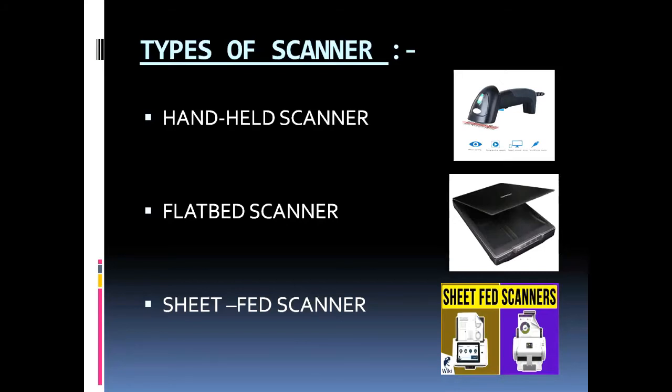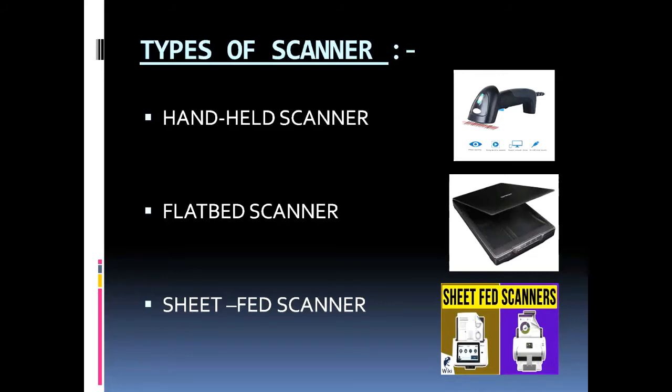Number two is flatbed scanner. This type of scanner has a flat piece of glass. Flatbed scanners are identifiable by their similarity in design to the photocopier machine. A flatbed scanner also works better than a sheet feed scanner when the documents have a cut and paste layout that might make images fall off. Number three is sheet feed scanner.